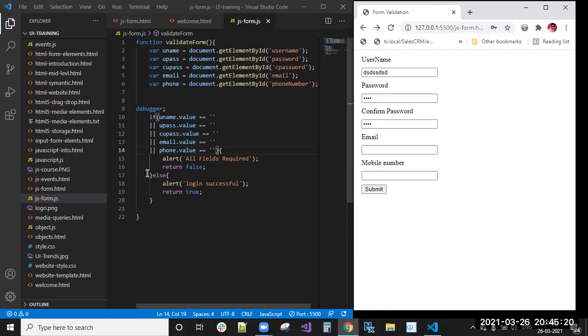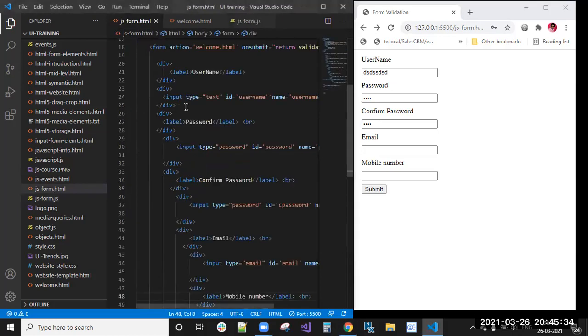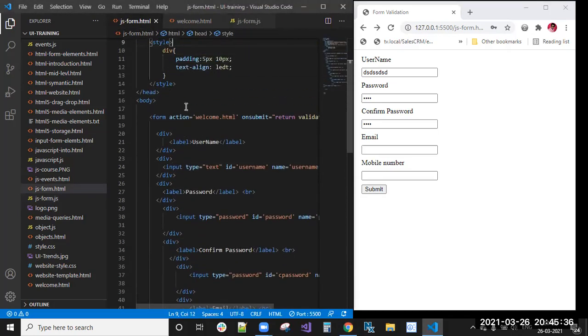Now we will ask for the individual fields. How will we get the individual username message? If you have not entered the email, then you need to get "email is required." That label you need to get. For that purpose you need to create a